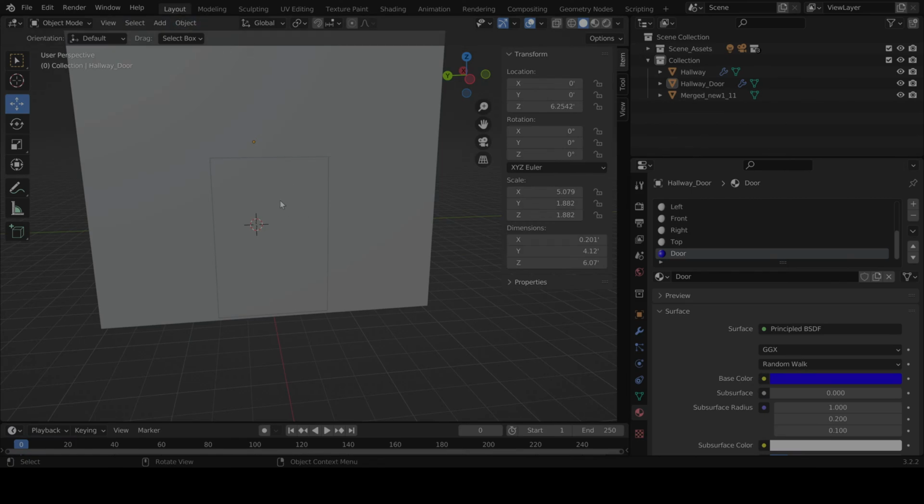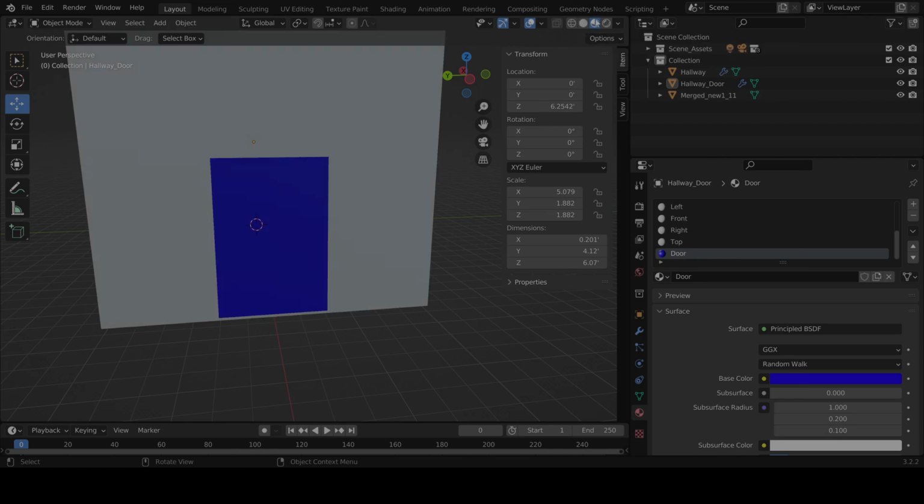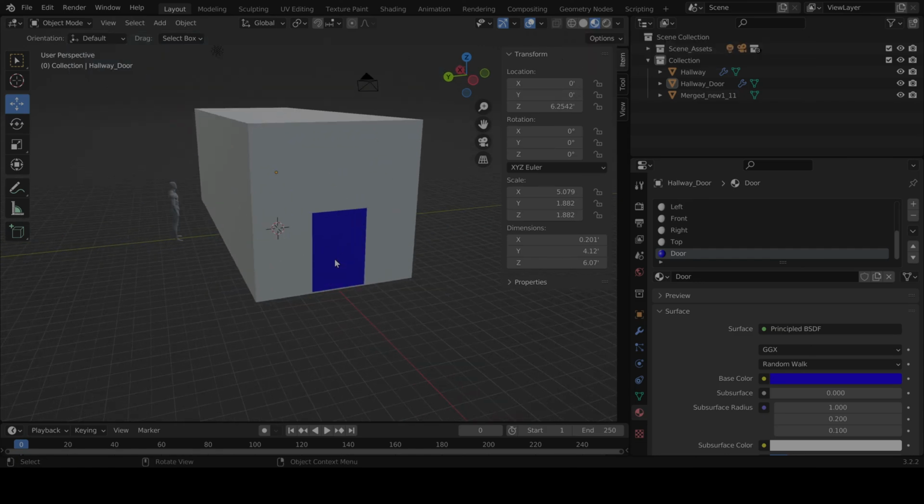Now you're probably wondering, why is this all gray? Well, remember I was playing around with this viewport shading, and it's in solid mode. There you go. Now it's going to show the material previews, right? If I went to this mode again, just to give an idea of how it looks so different. When we go to render, well,